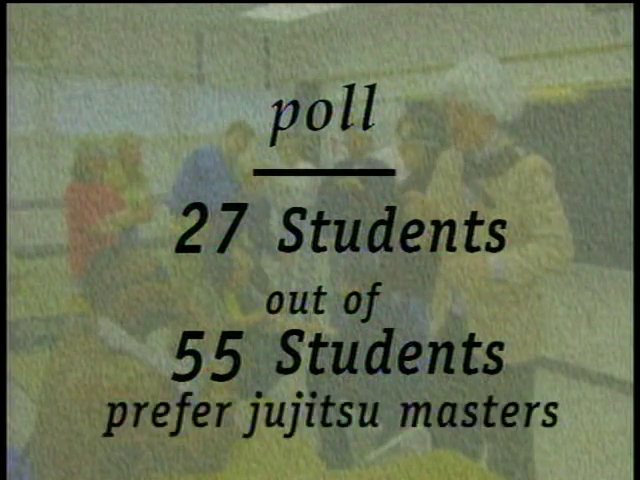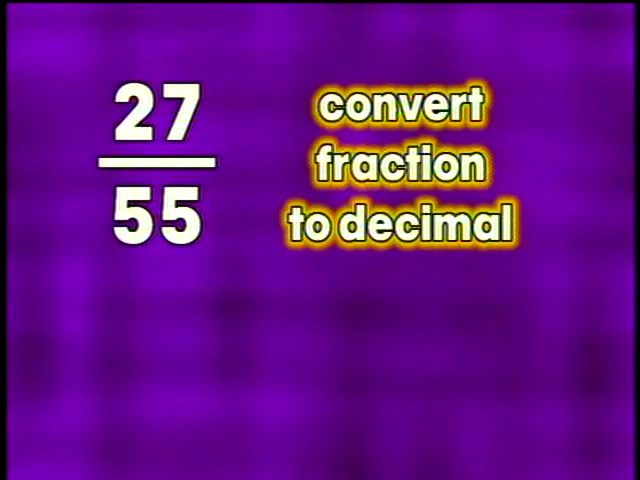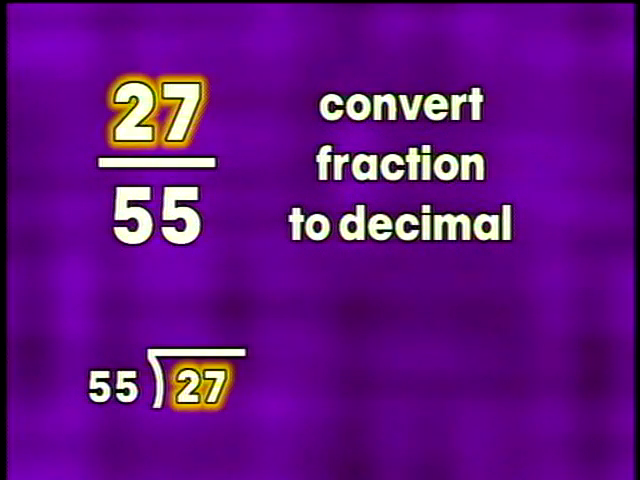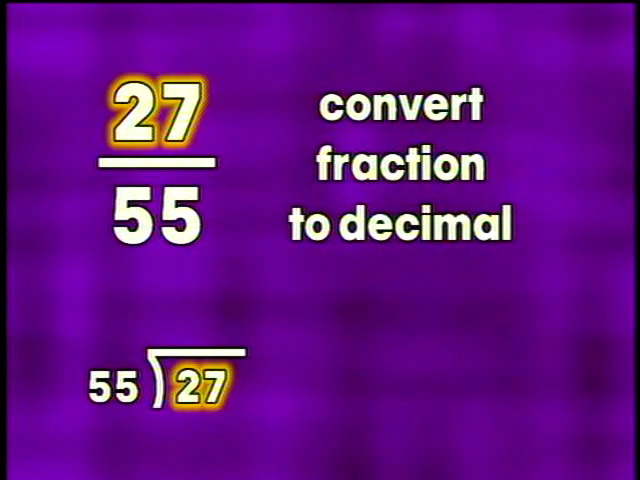Let's go back to our classroom example. Remember, a poll was taken recently showing that 27 people out of 55 prefer jiu-jitsu masters in their classroom. We want to find out what percentage that is. The first step is to convert the fraction 27 over 55 into a decimal. We know that we can convert the fraction 27/55 to a decimal by dividing 55 into 27. Notice that the denominator is the divisor and the numerator is the dividend. After dividing, we get the decimal